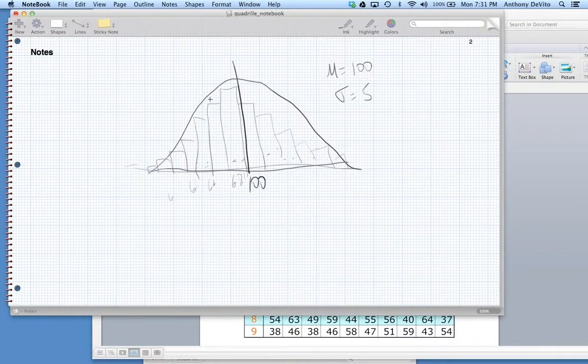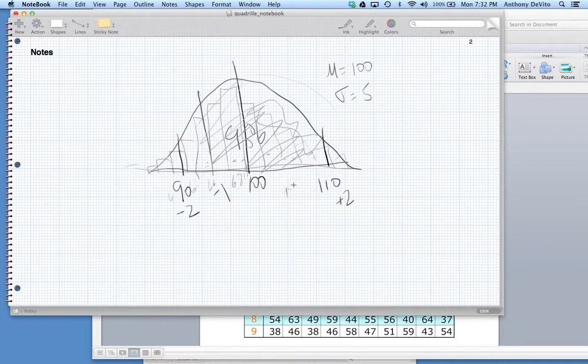We know from the empirical rule that 95% of the people in this population lie between two standard deviations below the mean, 90, and two standard deviations above the mean, 110. We also sometimes call that a z-score of -2 and a z-score of +2. That's a rough estimate. One way to look at it is that that's the percentage of the population that's within that bound, and for -1 and +1 standard deviations, it was about 68%, and so on and so forth.